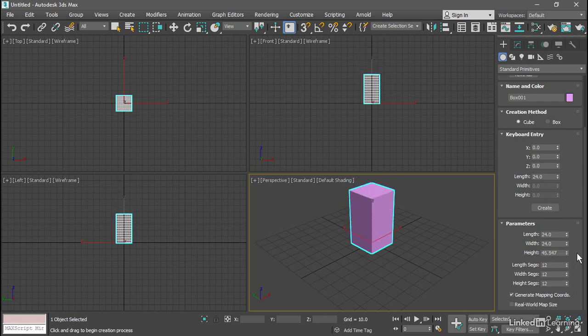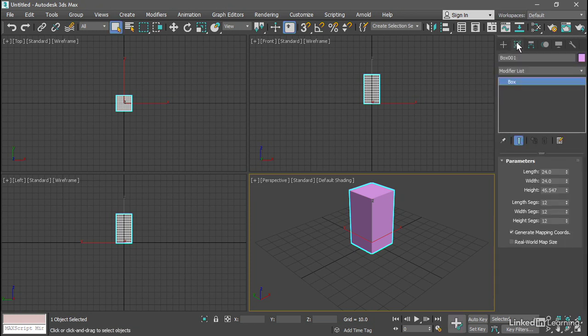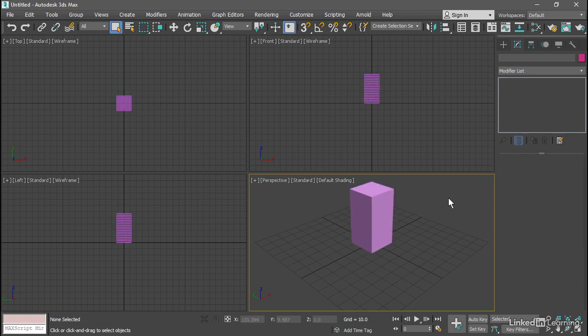If we choose any other tool or panel, or simply right-click in the viewport, we will exit the creation tool for this primitive type. For example, if we go to the Modify panel up here, and the object is still selected, we can still adjust its parameters. We can click and drag on the height. If nothing is selected, then the Modify panel will be blank. So if I click out here on Nothing, then I don't see those parameters displayed.